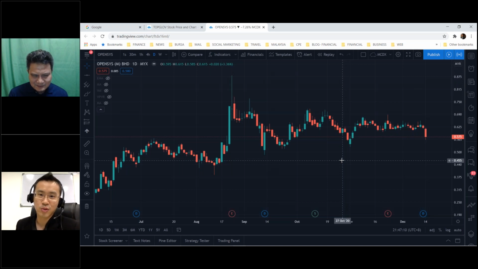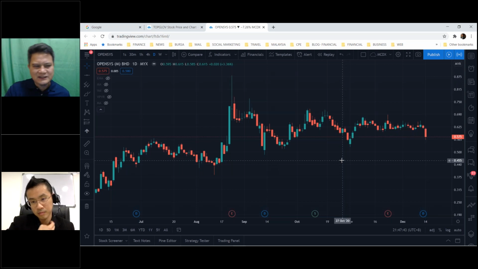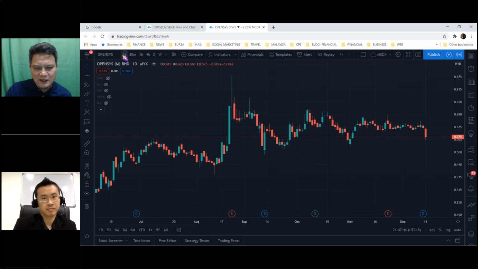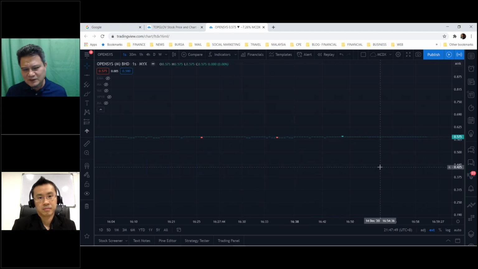Then that leads to the next question, which is, can I use all candlestick patterns regardless of the time frame? That's by Hans Hazari. Yes, you can use all of these candlestick patterns, reversal and continuation, in any time frame, as long as there is a movement, or a swing, or a trend. If there's no trend, you cannot use them. Let's say, for example, you use a 1 second time frame, you will see just a straight line, so you cannot use it. There must be a trend. The price will move up and down, and then you can see.